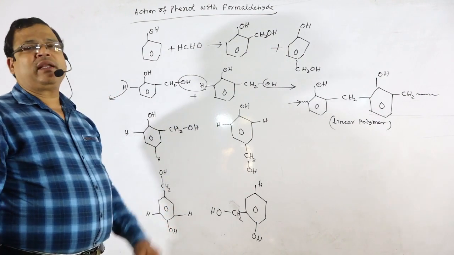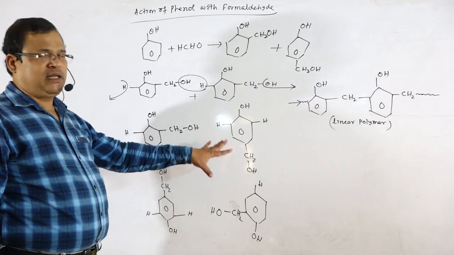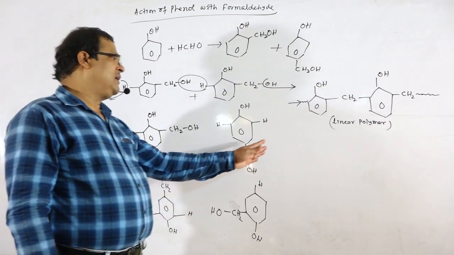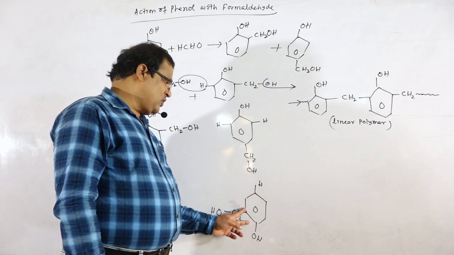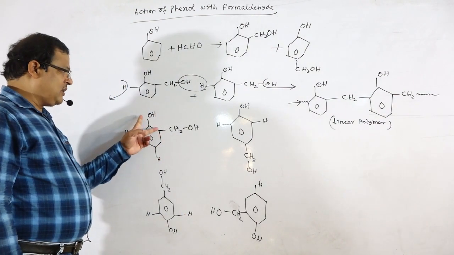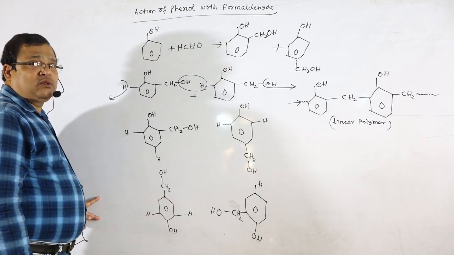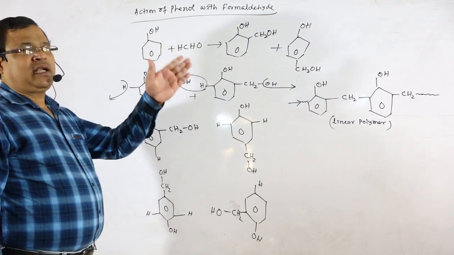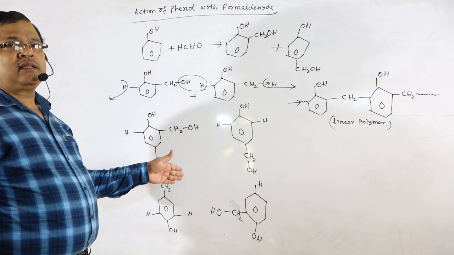So how does that polymerization process go on? Here we have written only 4 molecules, and if we write again, this is para, which means we have to write ortho, this is ortho, which means we have to write para. On this side, this is ortho, which means we have to write para. This is para, which means we have to write ortho. So a chain process goes on, where a large number of molecules of this kind combine.